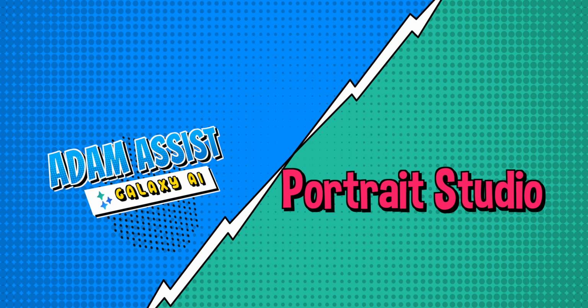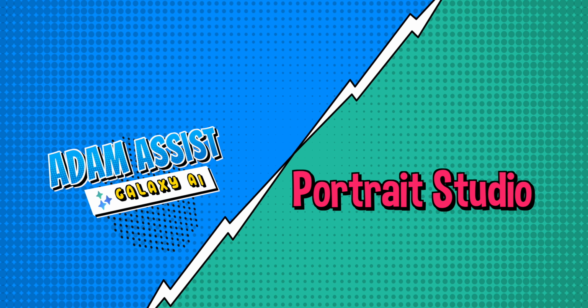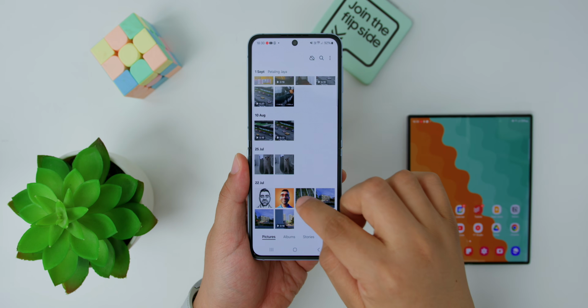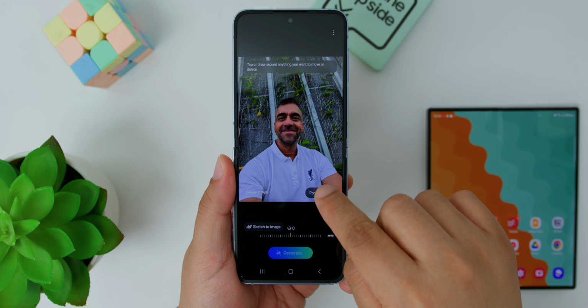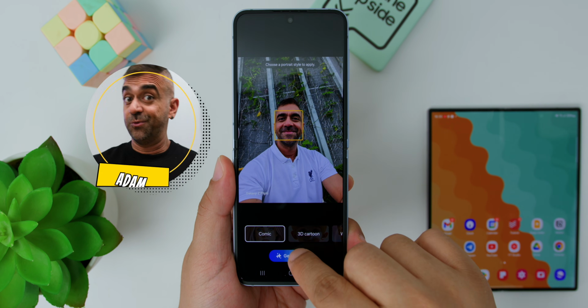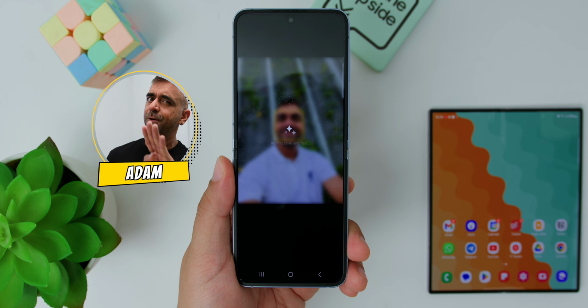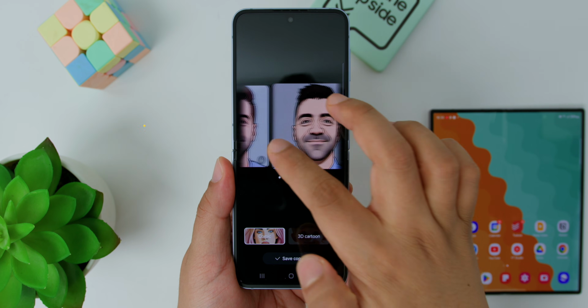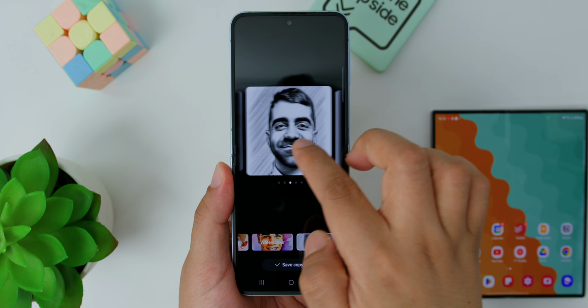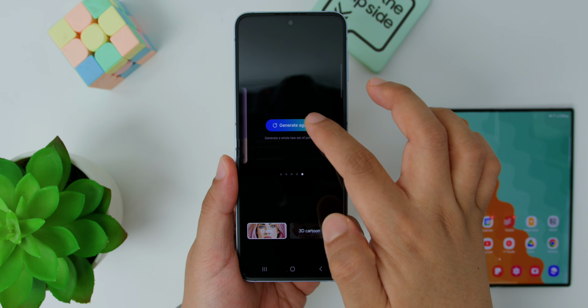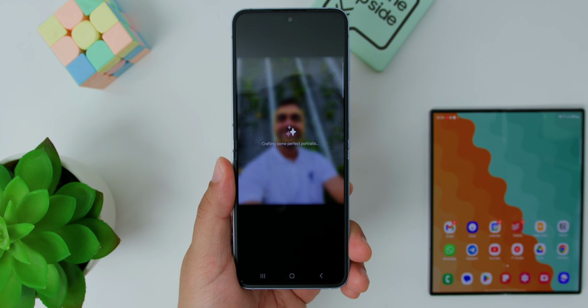Now let's turn your selfies into works of art with Portrait Studio. Now this feature works on both existing photos and new selfies as well. Just open up your photo in the gallery, tap the Galaxy AI icon at the bottom, then look for Portrait Studio. And here's where the magic happens, as you have 4 options to turn your selfie into a comic, 3D cartoon, watercolor or a sketch. And you'll have options to choose from for each. But if you feel like you want some more, you can select the Generate Again option to generate a whole new set of portraits, and you can easily save them to your device.